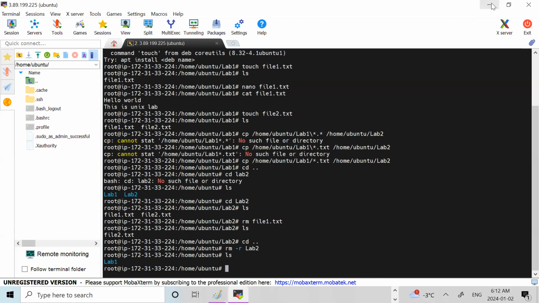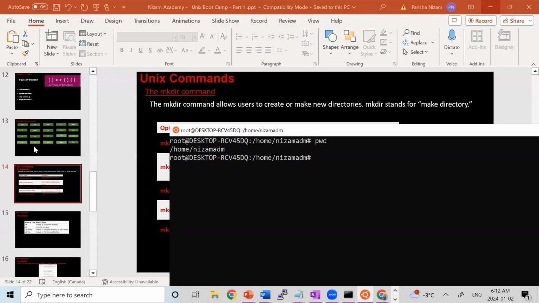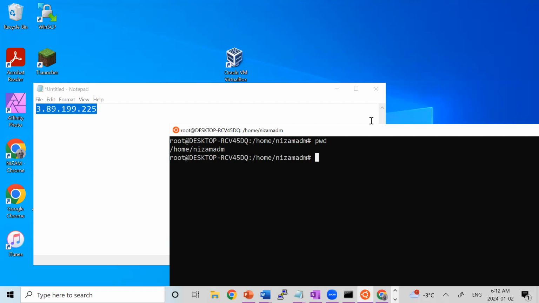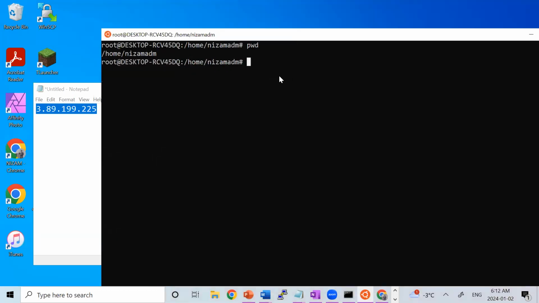Okay. So this is exactly what we have done here. If you go back, this is the command we just discussed. So we talk about clear command, pwd command, man command. Oh, there is a man command. So man command is a very important command. Let's say every command has a manual. Man means manual. So let's say we type here